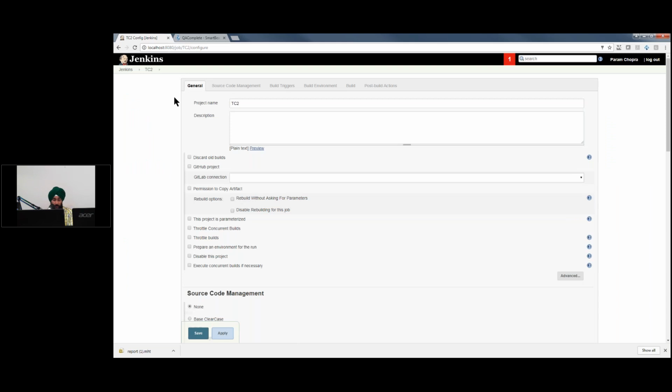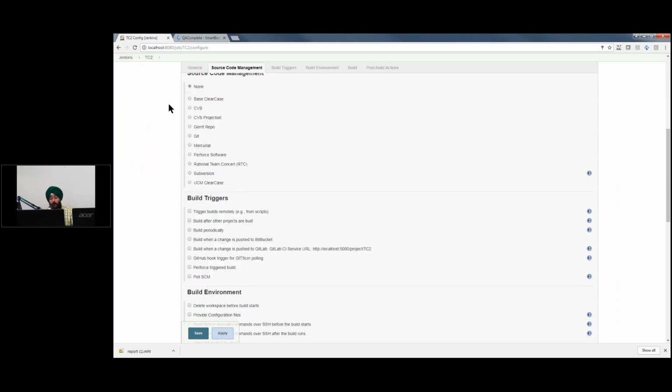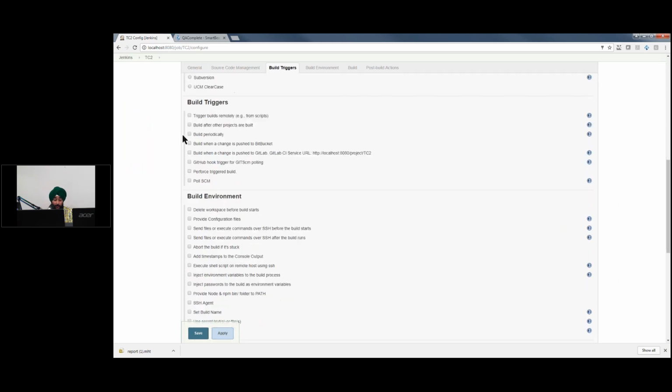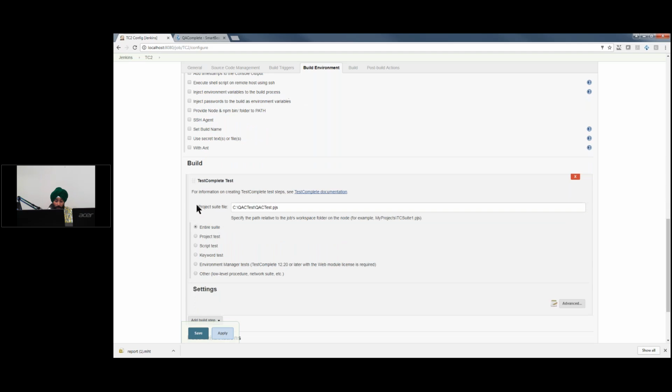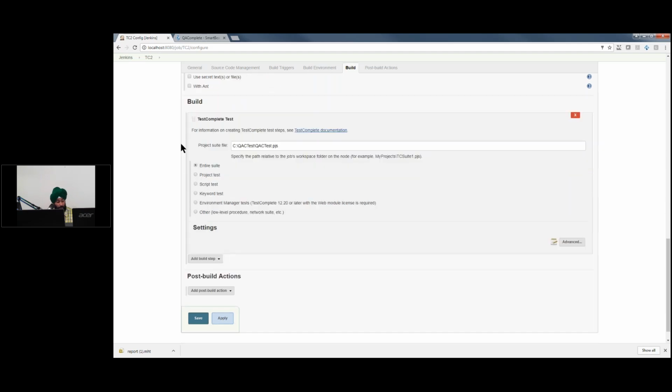When taking a look at your configuration for your new job in Jenkins, first you want to download a TestComplete plugin. That can be found in the Jenkins add-on section. It's completely free. Once you do so, you can go ahead and build TestComplete test. In this case,